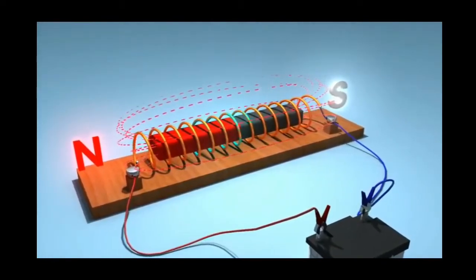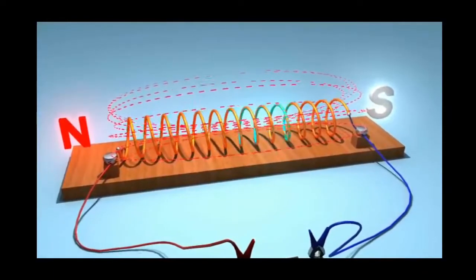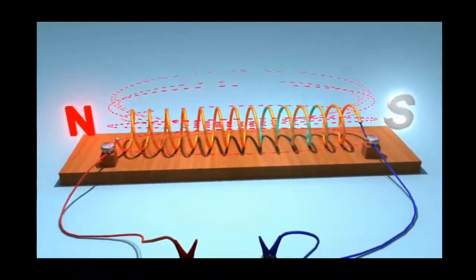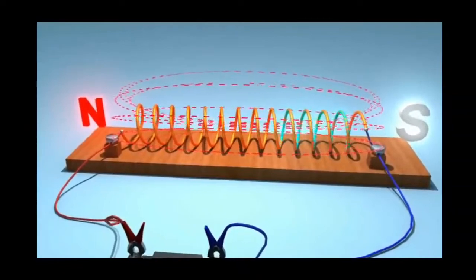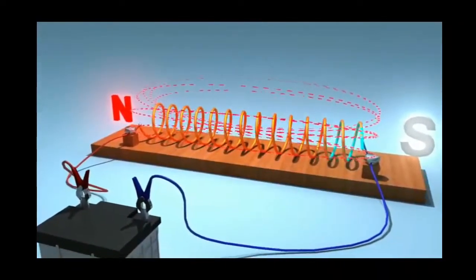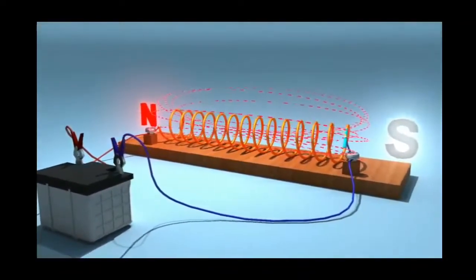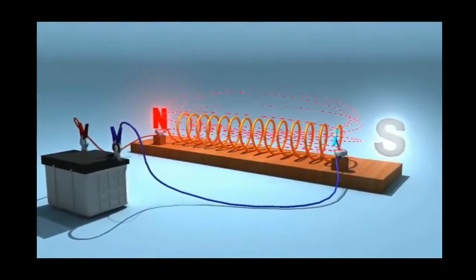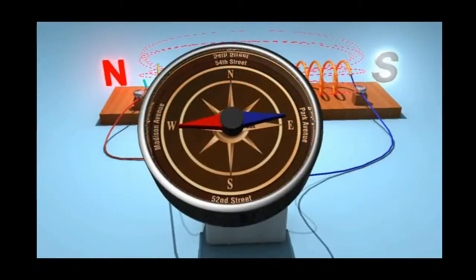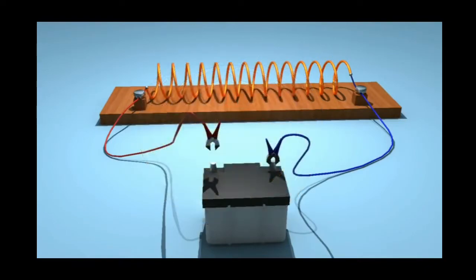are formed like those due to a bar magnet. Here, we have to observe the field lines of a solenoid in which we place one soft iron rod. It behaves as an electromagnet. By using a magnetic compass, we identify the direction of the magnetic field. If we send current, the needle will deflect.